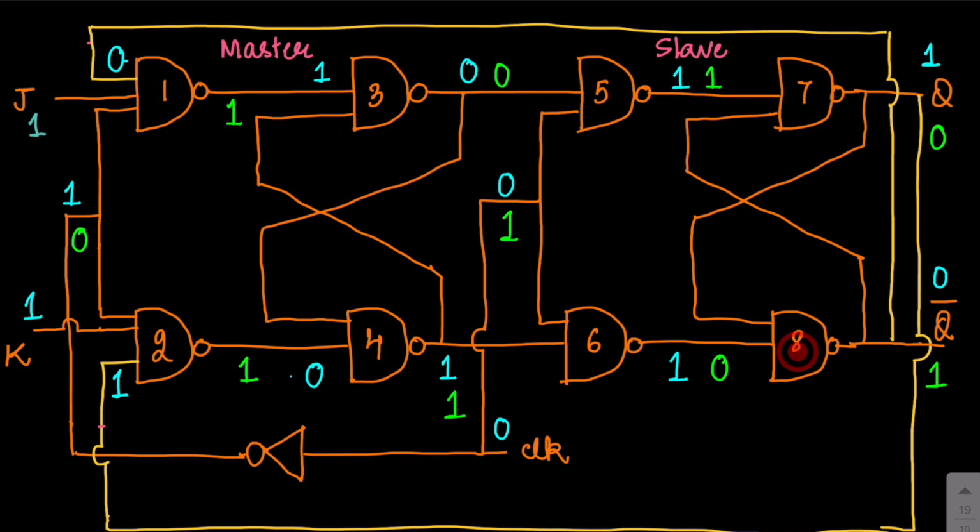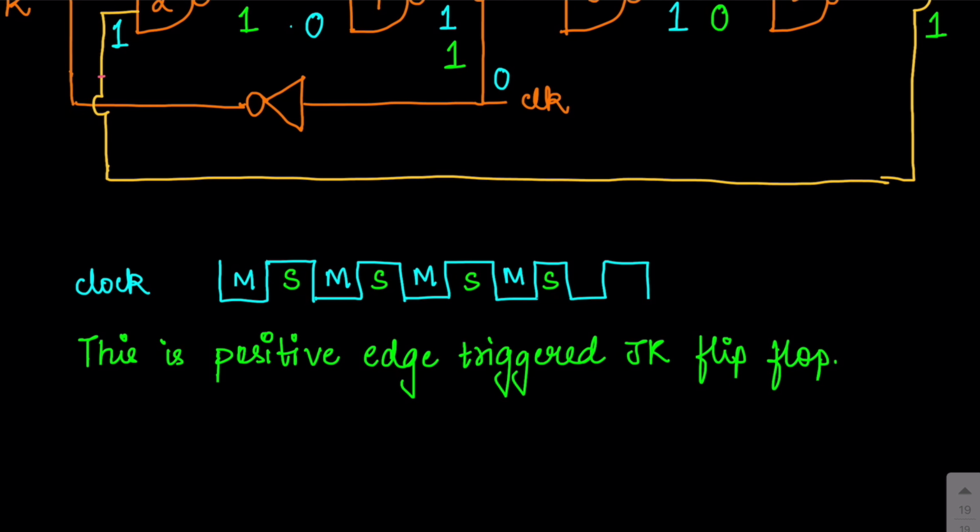Because the input to the 8th NAND gate is 0, the output will now be 1, and this 1 will be an input to the 7th NAND gate. The second input is also 1 and hence the output is 0. So, toggling has happened. It is happening whenever the slave clock is equal to 1. So this time, if you notice the waveform, the primary output is triggering when the clock is going from low to high, because this is the time when the slave responded, and whenever the slave responds, your primary output will change.